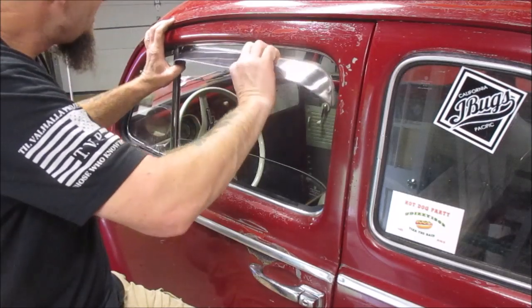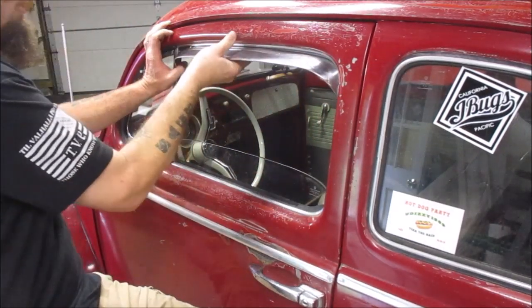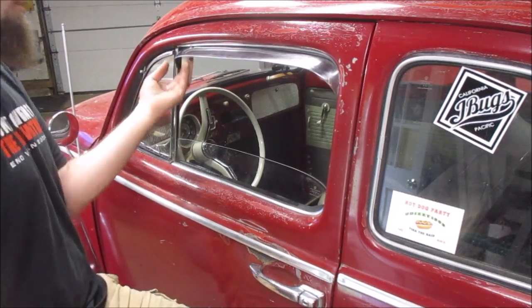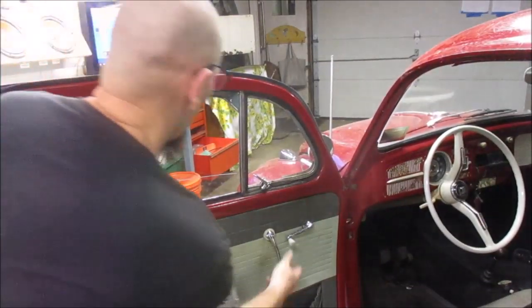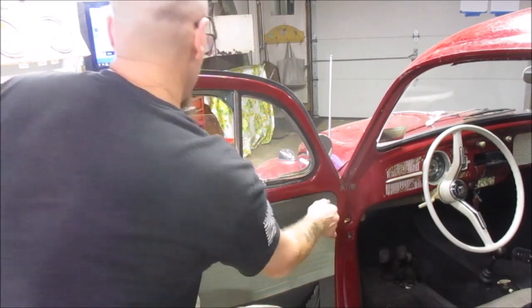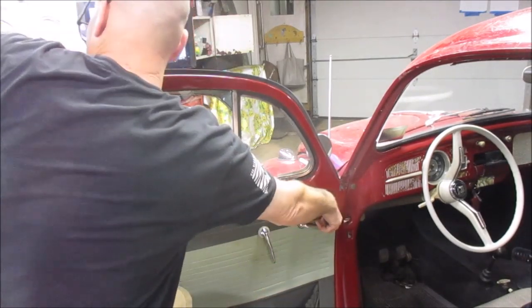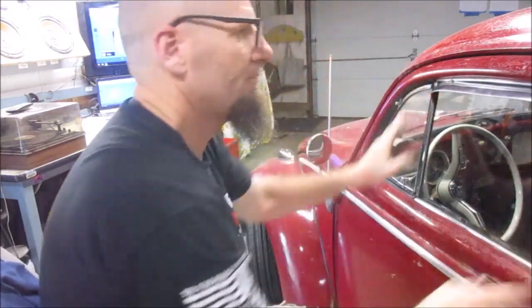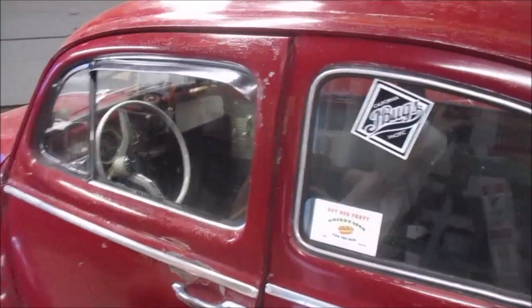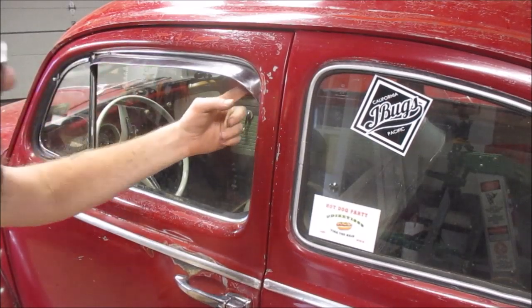I need to go flatten this piece out real quick. I'll be right back. Alright, now we will see if we can't roll up the window. Over here now, guys. Now we're over here. I would say that's a pretty sharp look, and it's just two screws, one here and